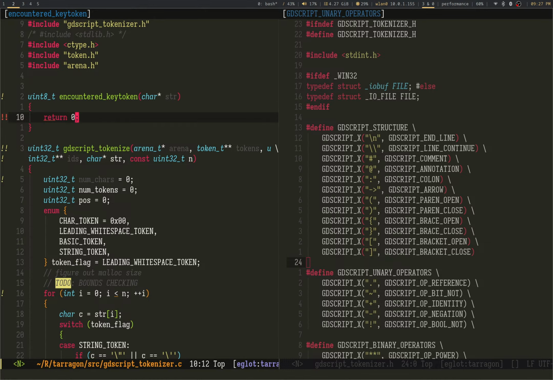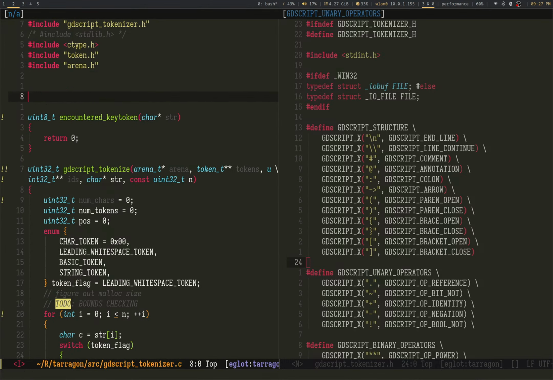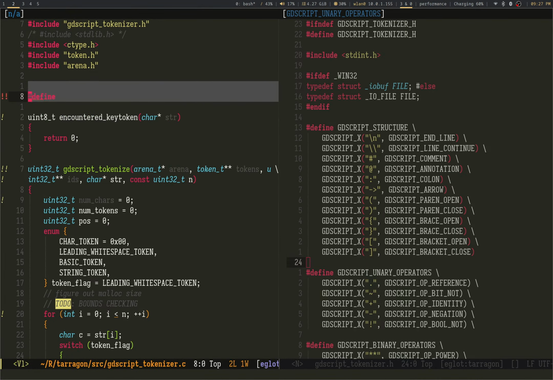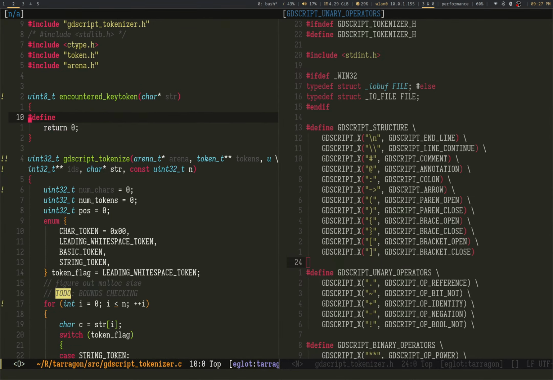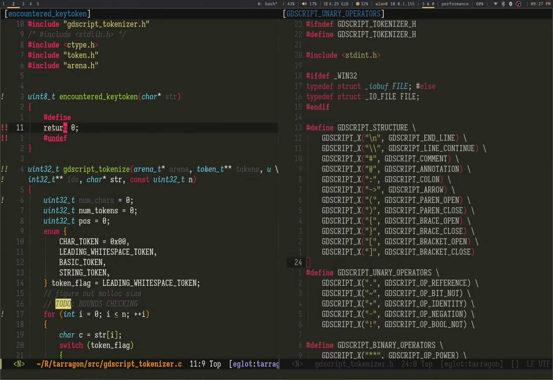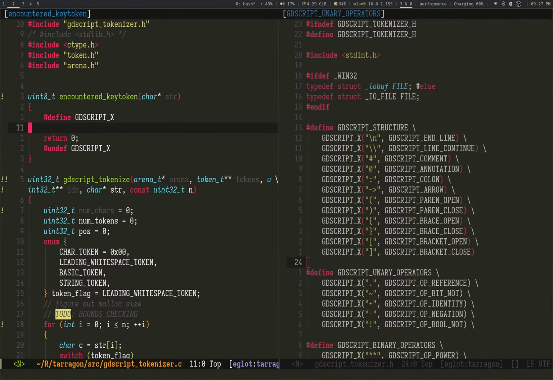Return 0, and I'm using GDScript X. Define. I like to define my macros inside of the functions. If I'm doing a macro, I like to do it like that. GDScript X, and so very simple, multiple.